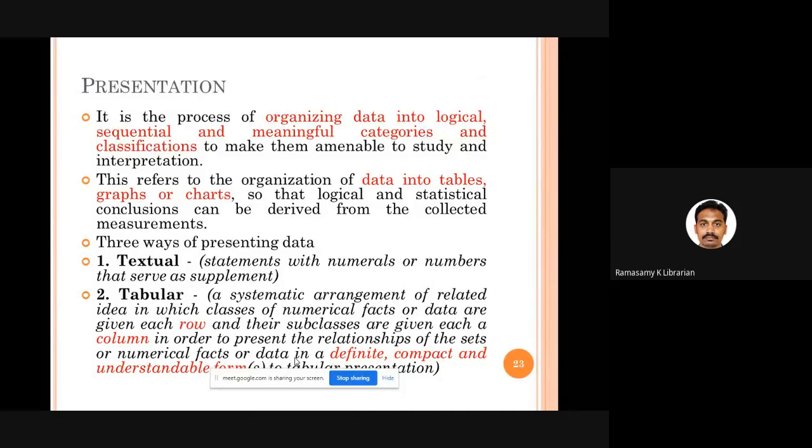See, sometimes people may not have time to read the entire text, especially when a large amount of data is there. You need more and more paragraphs. So you need to have a very definite, compact and understandable form for presenting your information. So you can go for a table. Table is the best way. It just has rows and columns. Normally we have independent variables as rows and dependent variables as columns. But depending on the requirement, you can have it vice versa also. Absolutely no problem. Fine. Good.